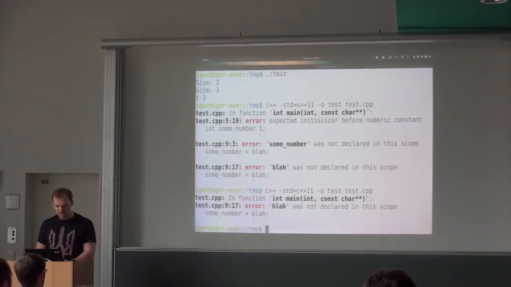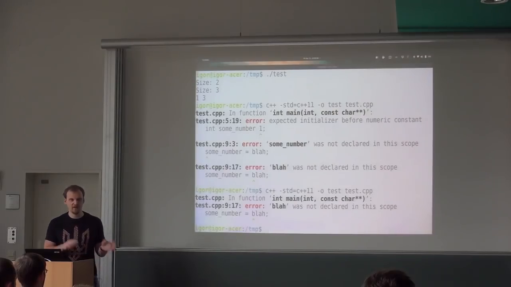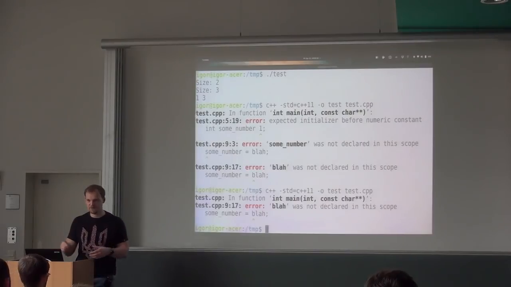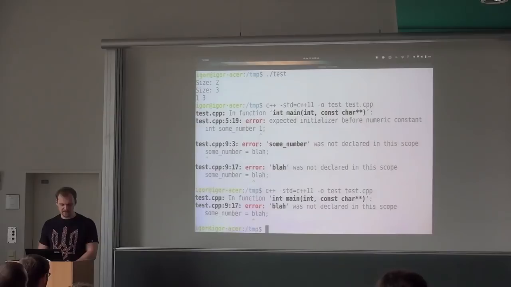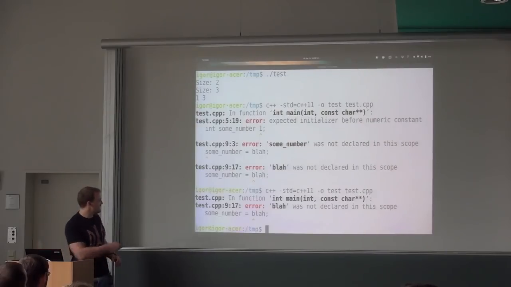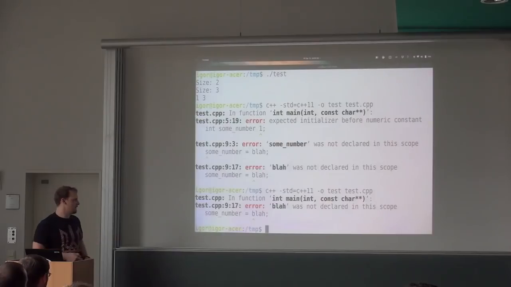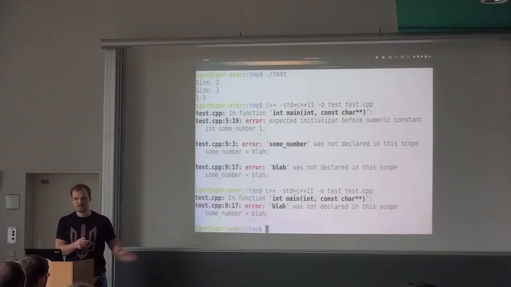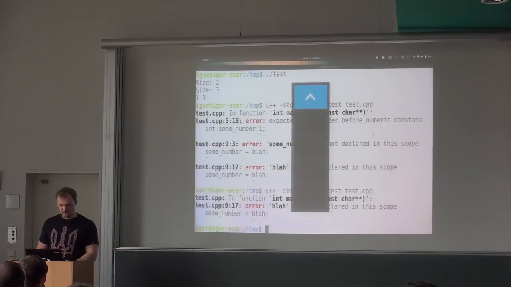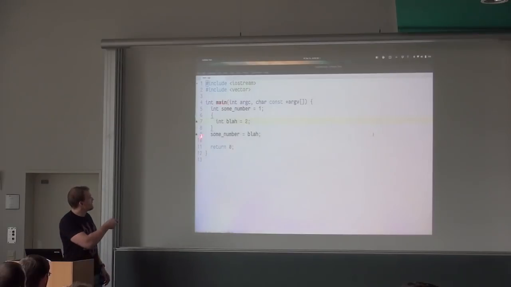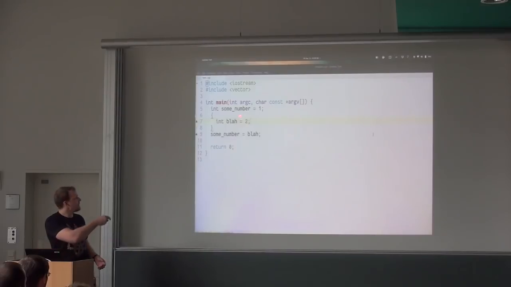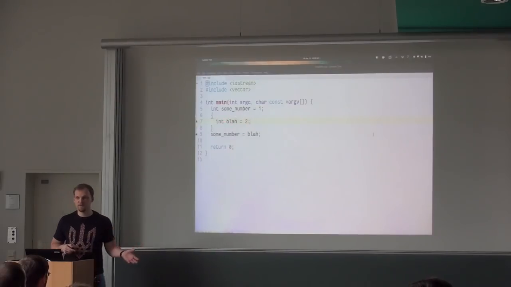So now it will complain that, so this is a very typical error that you will see. Something is not defined in this scope. So scope, now you know what it is. It's just anything between those curly brackets. It also shows you the line where it happens. It tells us that the error is in line 9 and in column 17. So if we go back to the code, we go to line 9, and we see that this blah is not there. So it's not defined there because it was created in this scope and removed within this scope.